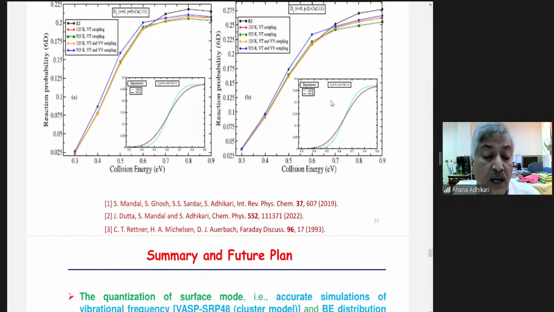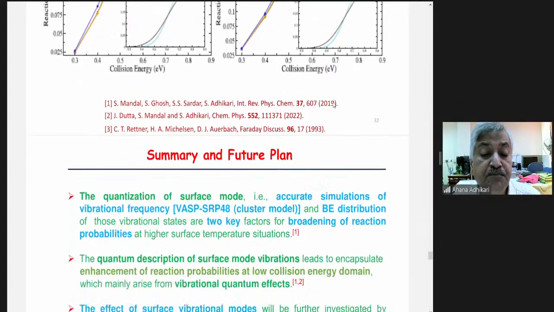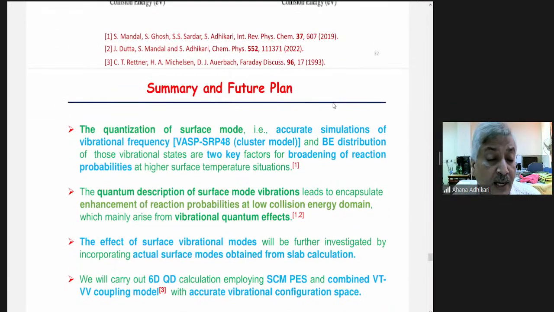With that, let me summarize whatever I told. The quantization of surface modes, that is accurate simulation of vibrational frequency at least within the level of first-principles calculation, and the Bose-Einstein distribution of those vibrational states are the two key important factors for broadening of reaction probability at higher surface temperature